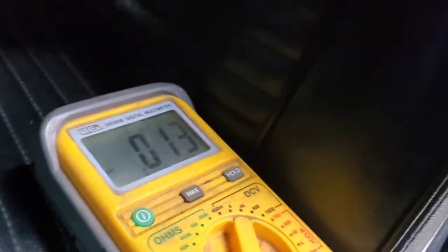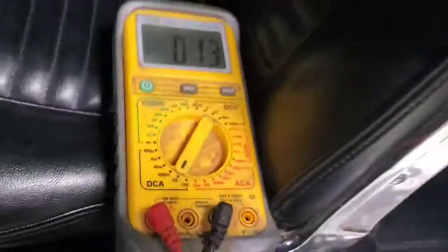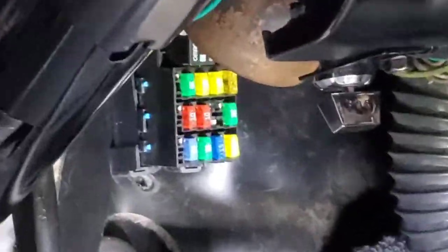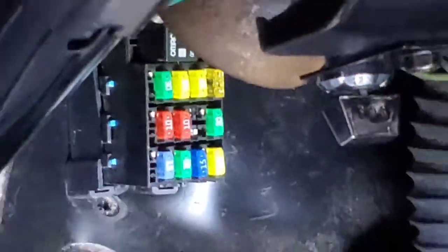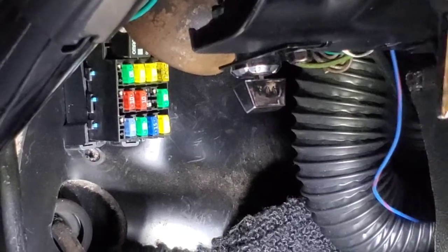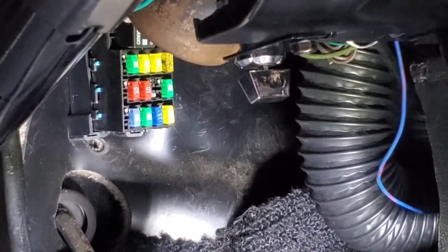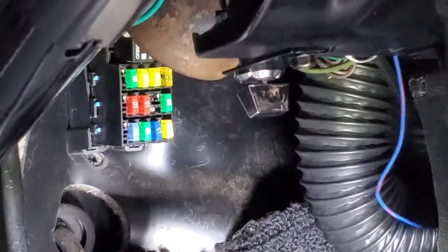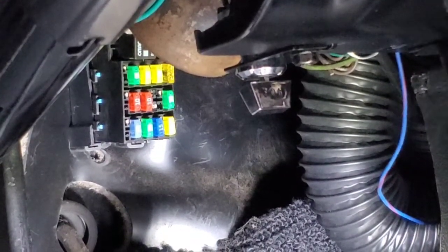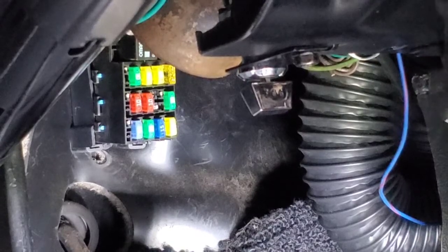It just really depends. I mean, the more that you pull, if you don't drive your car, it's going to run the battery down quicker and you'll need to put a maintainer on it. But you basically just want to go through each fuse and pull it. You can see that third one on the right there. I just pulled it and how it drops. So sometimes you have multiple things that are pulling, and if that's the case, then you'll need to leave the one out that you pulled, that it dropped on, and then start pulling other ones to see if it drops